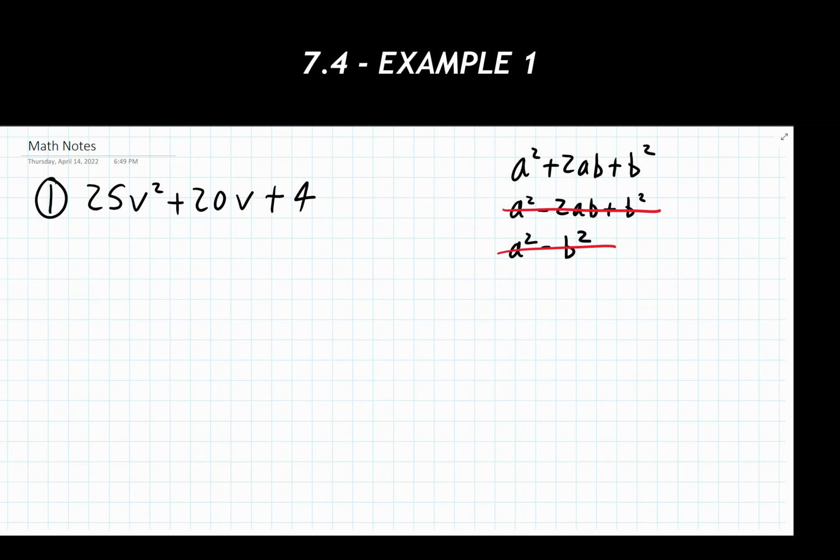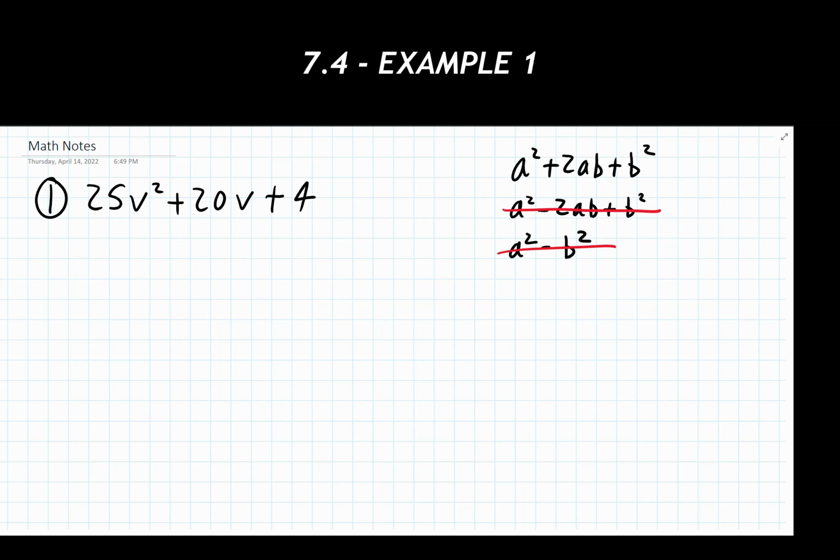Big warning to you, do not rush to assume that just because the first term is a perfect square and the last term is a perfect square, that this whole thing is a special product. Very commonly, we could see something written with perfect squares at each of the ends, but the middle term doesn't actually align with what we need to make it be a special product. It's a very common occurrence, and just be cautious with jumping to that conclusion. A lot of people miss points because of that.